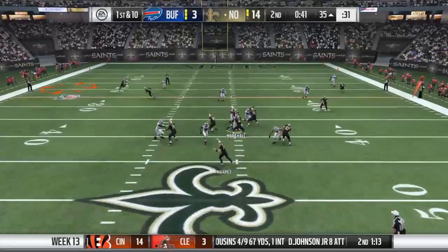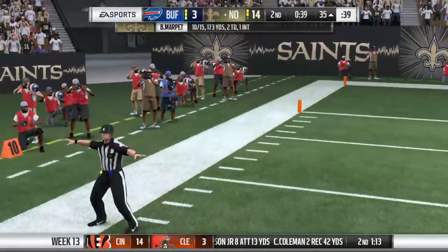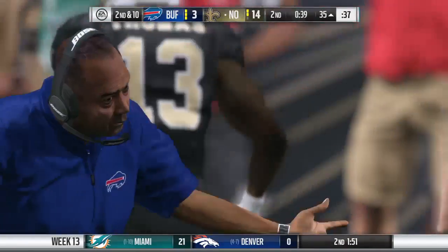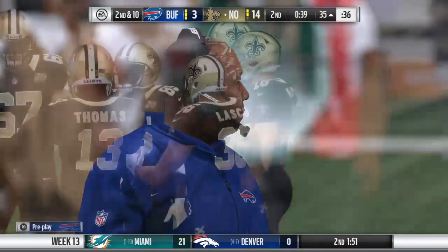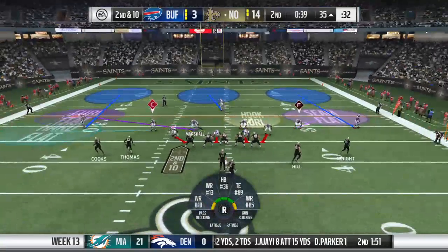On first down, he'll drop to throw. And his throw's going to be incomplete. He couldn't get the hook up there that time with Thomas. And now it's 2nd down. There's so much precision in an offense, especially when you're throwing the ball. And in an out route,